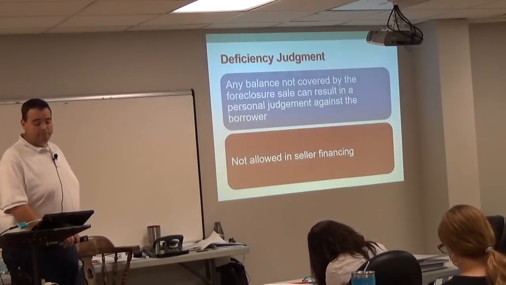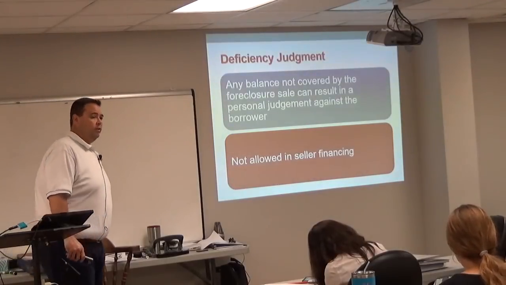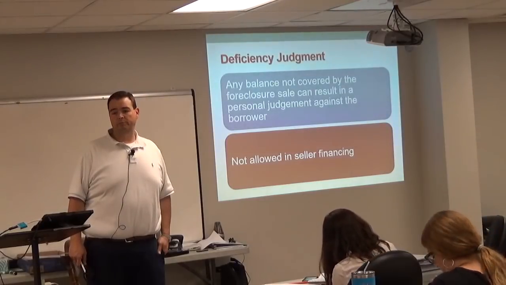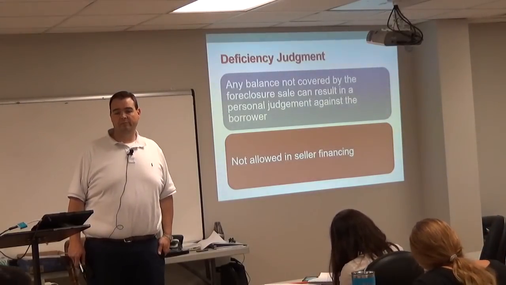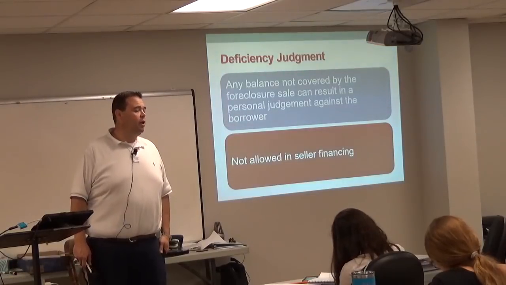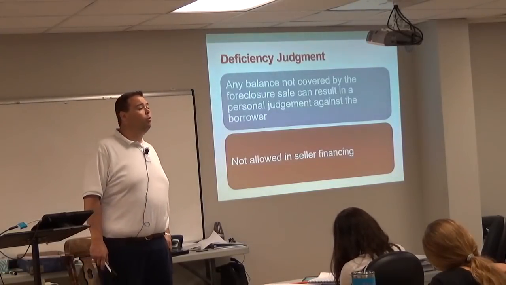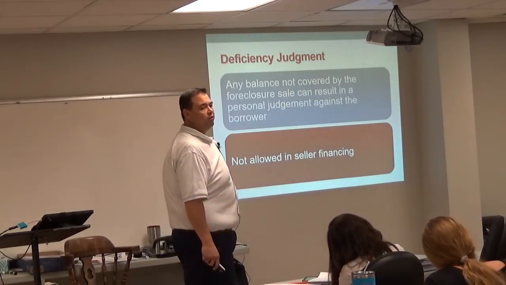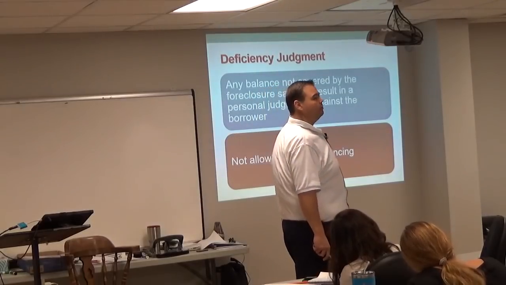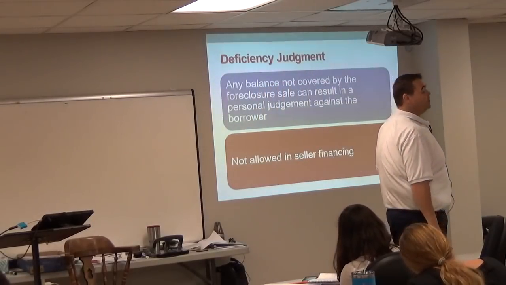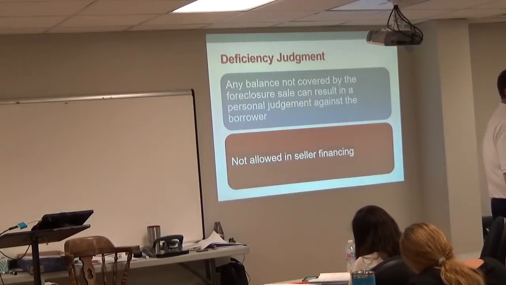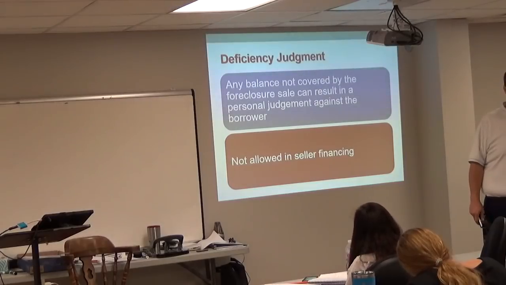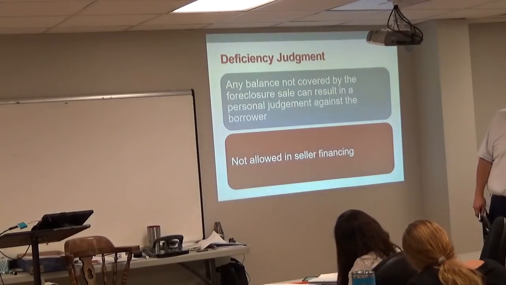And then the final end result of a foreclosure is a nasty little gremlin called a deficiency judgment. Well, that second word is nasty. Yeah, a judgment, because judgments are attached to people personally. This is a general lien. This is not a specific lien. Remember we talked about the difference between those two? We said the mortgage loan is a specific lien because it attaches to the property. If the lender goes and gets a deficiency judgment, that's not going to be attached to the property. That's going to be attached to what? To the person.